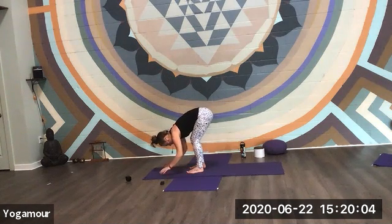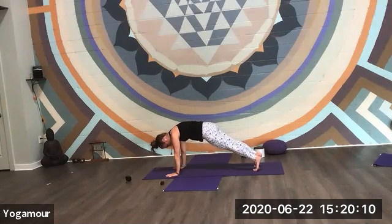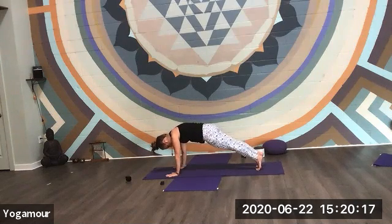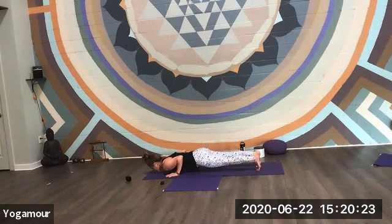Exhale, forward fold, plant the palms and gently step the feet back behind you, coming into your plank here. You always have the option to drop the knees if that feels better for you in your body. And on the inhale, we'll come forward, over shoulders over wrists, and exhale, chaturanga, knitting the elbows in, lowering down